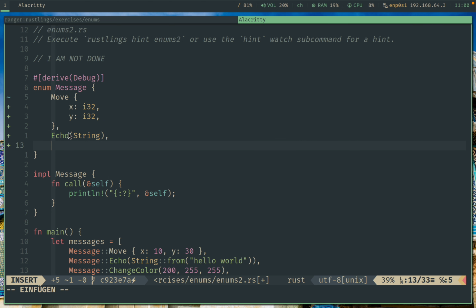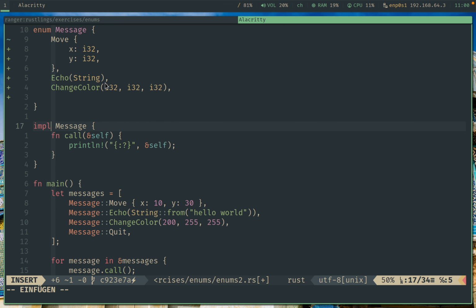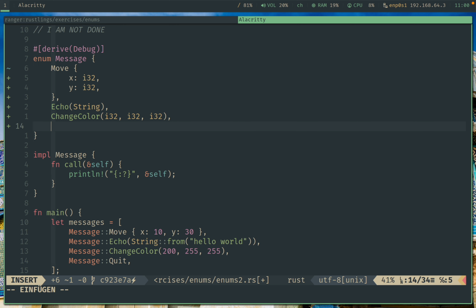And as you can see, this is like a tuple in an enum, so we can pass it over here. Then we have change color. This also is a tuple which takes 3 i32 values. And the last one will be quit, and this won't take any value, like that. So we can save,